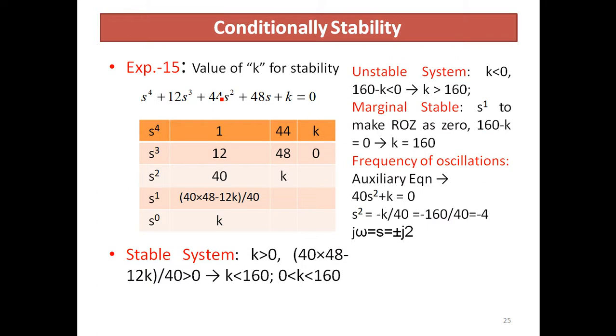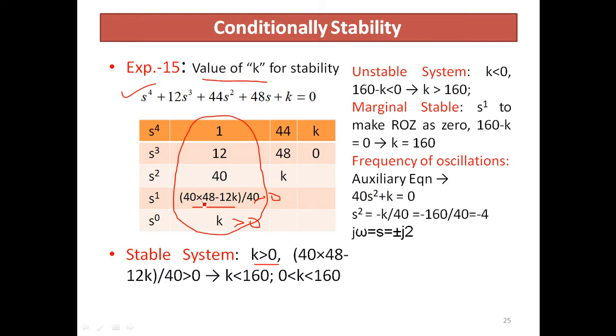Now in this example, we are again asking about the value of k for the system to be stable, unstable or marginally stable. This is a system where you have to apply Routh's array. Constructing Routh's array for the stability condition, all elements of this column should be positive. So for making this positive, it should be greater than 0 and k should also be greater than 0. For the system to be stable, k should be greater than 0